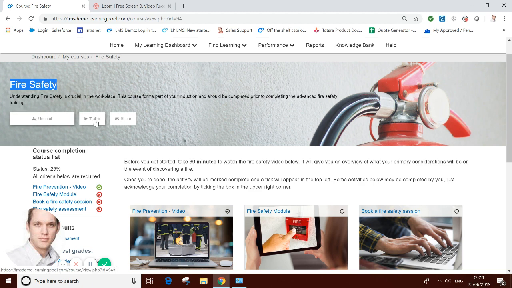The trailer button is where you can embed a little video, and it'll open up a little window and play the video for the learner to give them a bit more insight into the course. And the share button will open up the learner's email client with a direct link to the course page so